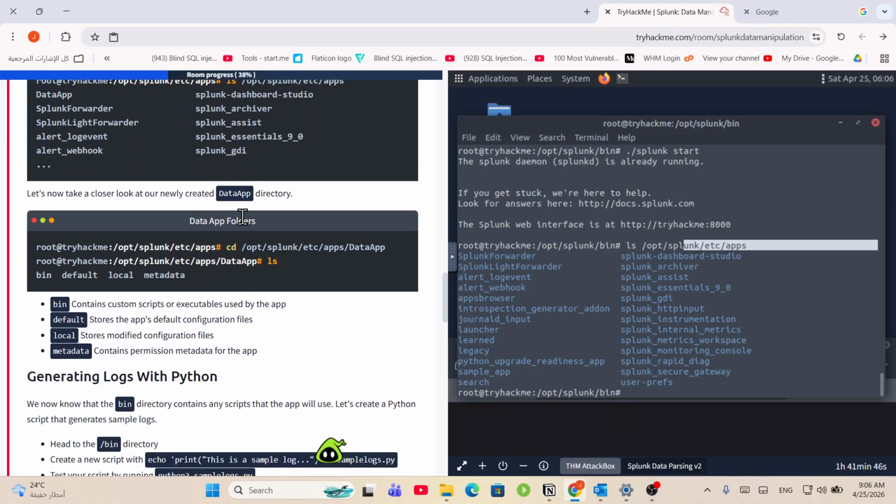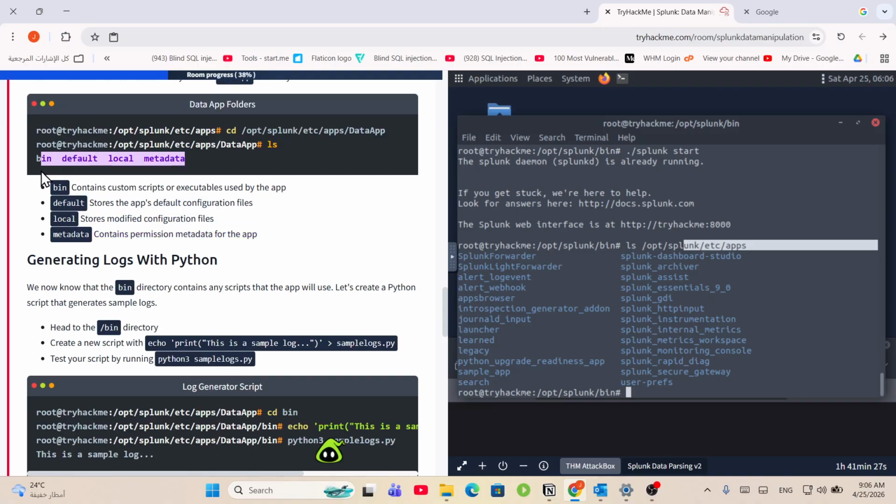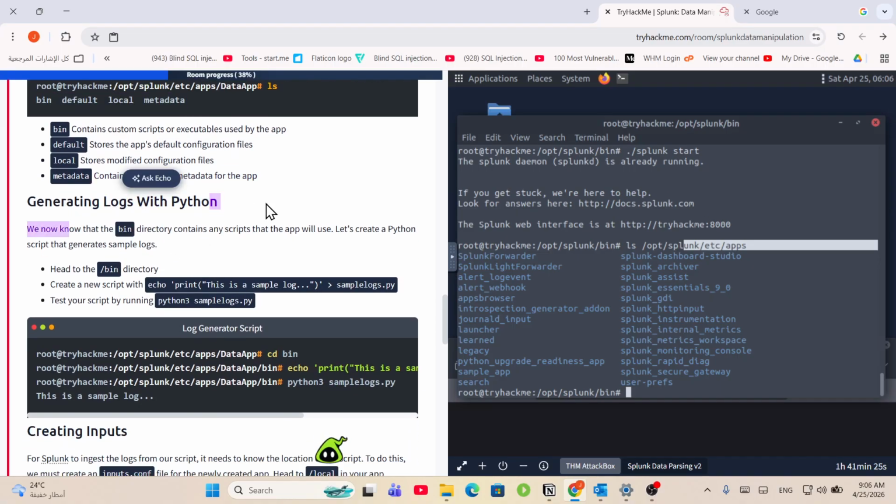Let's now get a closer look at the created directory. Bin basically contains custom scripts or executables used by the app. Default stores the app's default configuration, we know about this. Local stores modified configuration. Metadata contains information of metadata. Generating logs with Python, we now have